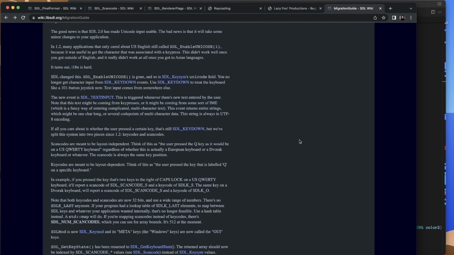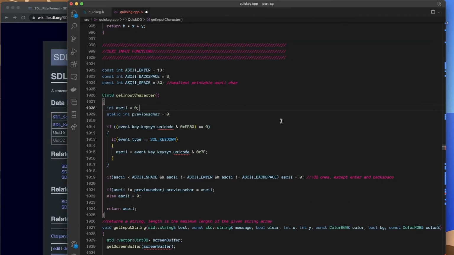Okay, this section here, enable Unicode, is gone, so is SDL KeySim's Unicode field. Fun, fun, fun. So what are we doing? If event KeySim